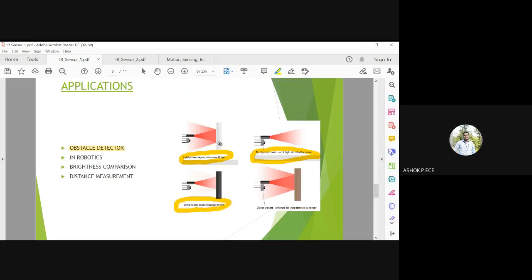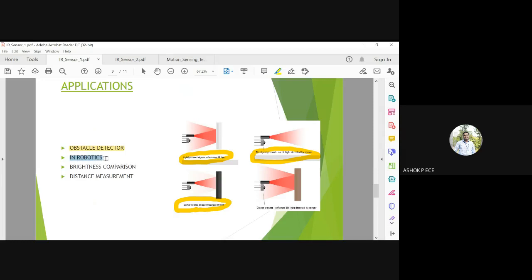You see here you have white color and it is reflecting the majority of the light falling on it. But now here you have a black color. You see it is reflecting only a little and it is absorbing more of the infrared radiation. Objects present can be detected by the sensor. So when there is an object, based on the amount of reflected light coming from the obstacle, I can detect the presence of the object in the nearby surrounding.